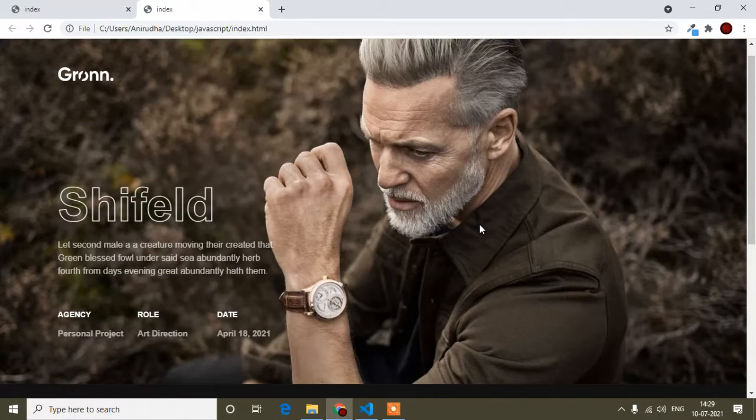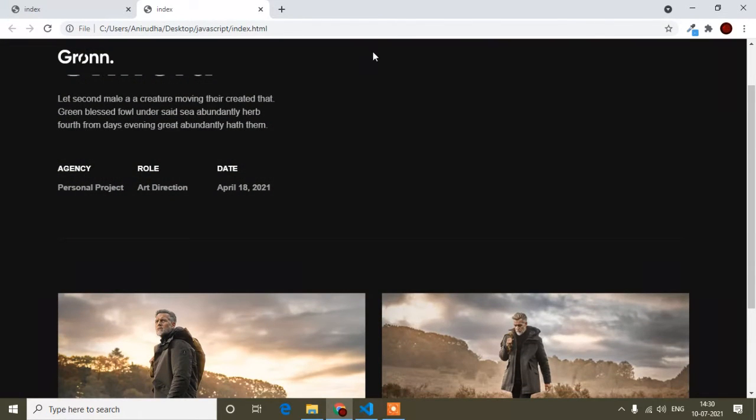So this design I will make in this video, and here I have used HTML, CSS and JavaScript. HTML and CSS I use only for the design and the structure, and JavaScript I use for adding this scroll effect. I mean when I'm scrolling down, you can see the header is fixed and the site is going dark and the background image is not visible. For this functionality I have used JavaScript, and I have written custom code, and I will try to explain it in a very easy way, so you can easily understand and create it by yourself.